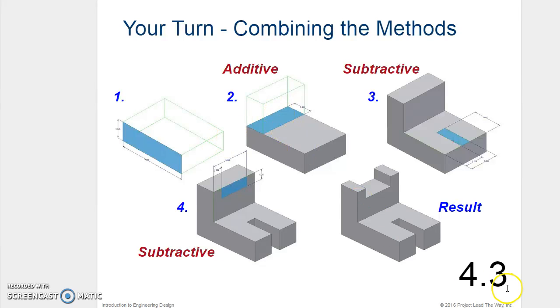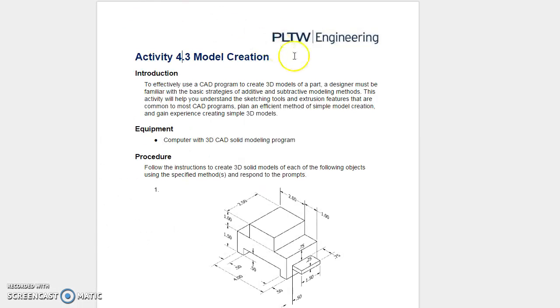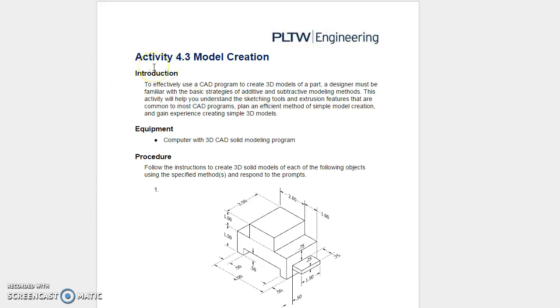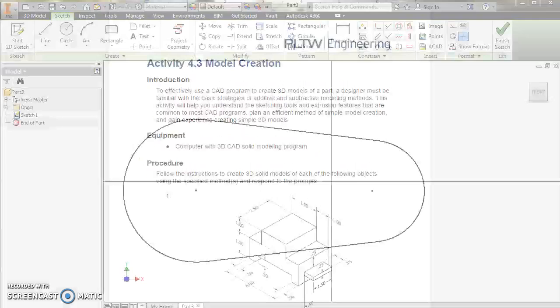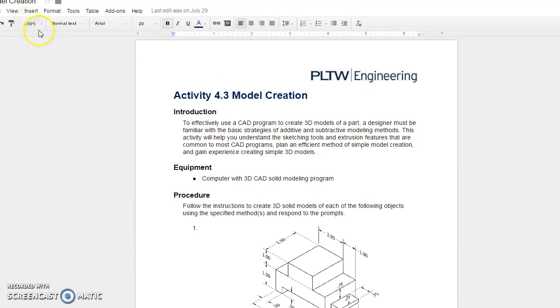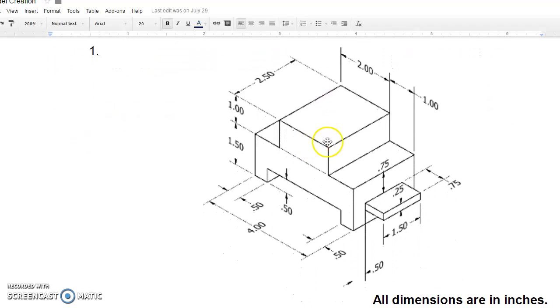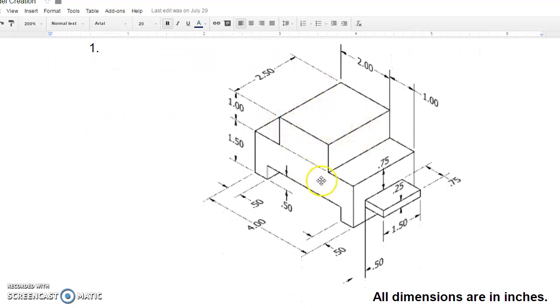All right, so if we move over to 4.3, which is the part that you're going to work on in class, you have 4 different items that I want you to model. So one of the things that you can do when you open this up, go ahead in your system and click Open It in New Tab, and then you can, let me move this down so you can see it. Once you do that, see where it says 100% here, and it's zoom. You can say I want to zoom 200%, and then that will allow you to see this up close so you can see what you